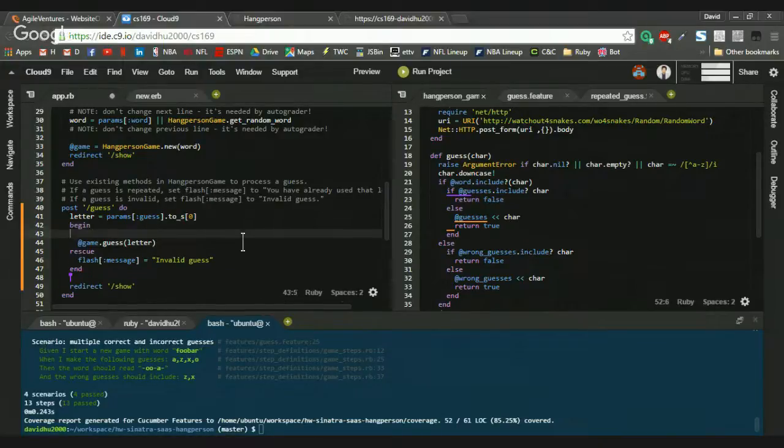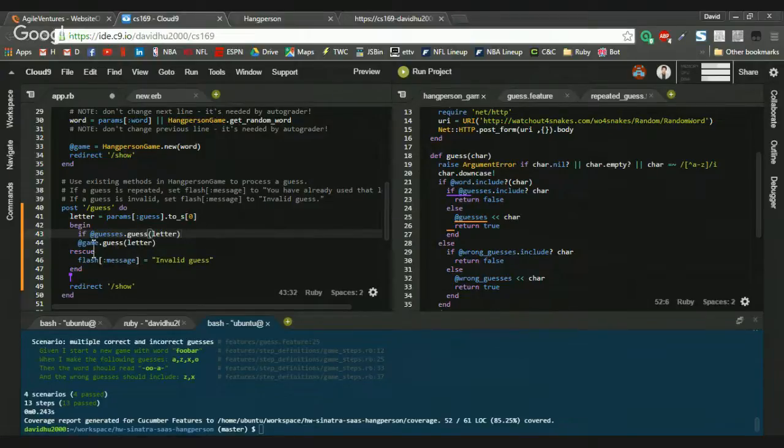Yeah. And then up here we've got to do if guesses dot include letter, or as long as guesses. I think there is no need to do this because the game guess will return false in the case of a repeated letter. You can just check for the return value, right? Yes. Okay, yeah, you're right. If guess